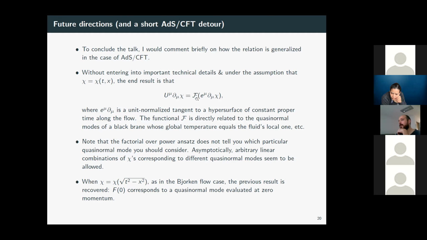If you're thinking about this particular functional here, this can be associated with any mode. Maybe I should have gotten into more technical details, but this makes no distinction between being hydrodynamic or non-hydrodynamic. So you don't have to make that distinction in order to recover this sort of equation, basically. That's a point that maybe I should have mentioned.